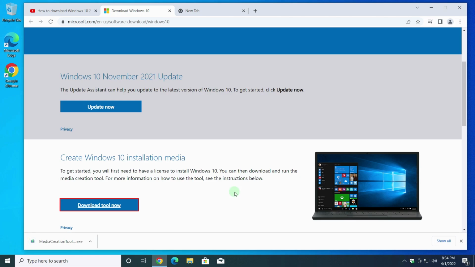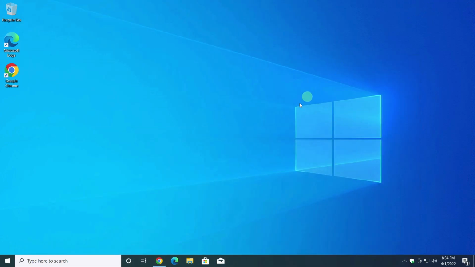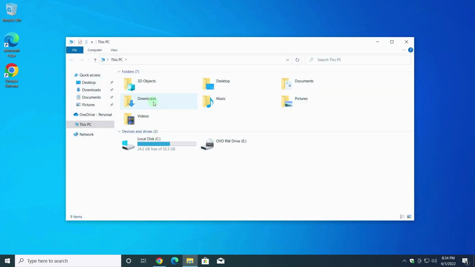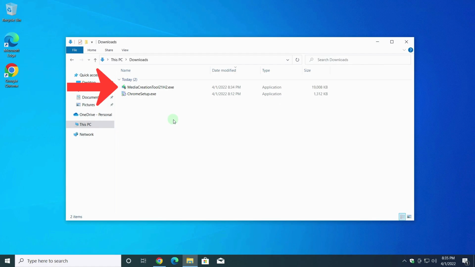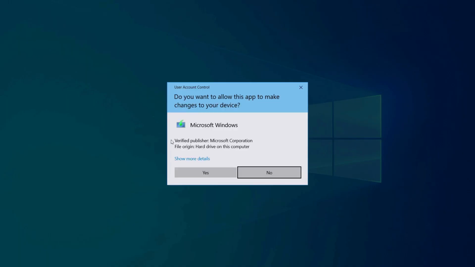The utility has been downloaded. I open the Downloads folder. The file is named Media Creation Tool 21H2.exe. Launch it here. Confirm.